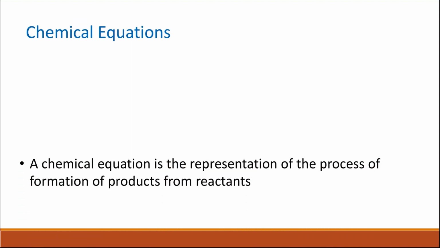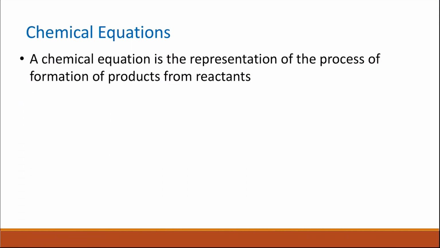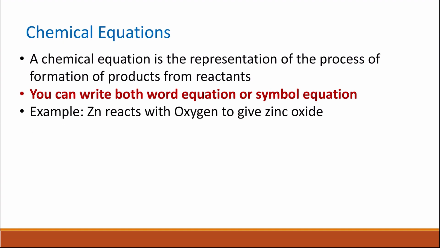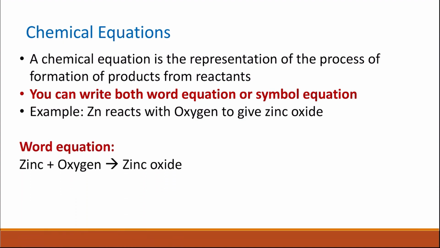Equations. A chemical equation is a representation of the process of formation of products from reactants. You can write a chemical equation either as a word equation or as a symbol equation. An example: when zinc reacts with oxygen, that gives you zinc oxide. You can write this as a word equation where zinc plus oxygen gives you zinc oxide, or as a symbol